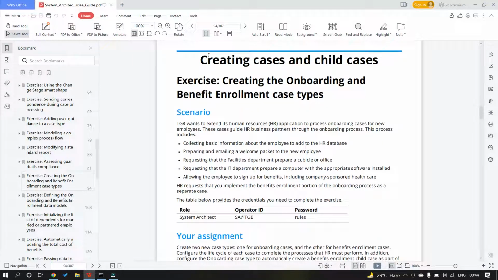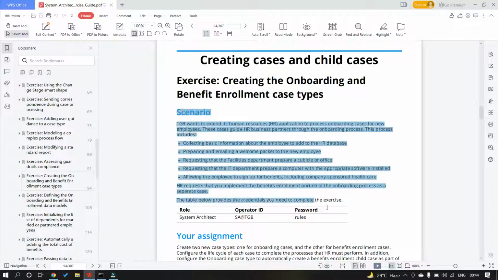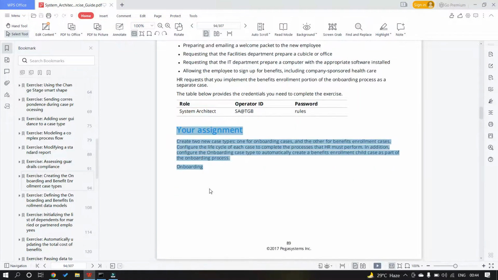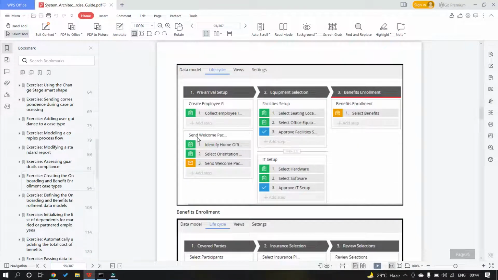Here it says that we have a scenario where we have to create onboarding and benefits enrollment case type. TGB is the name of the organization, and it first demonstrates the scenario,